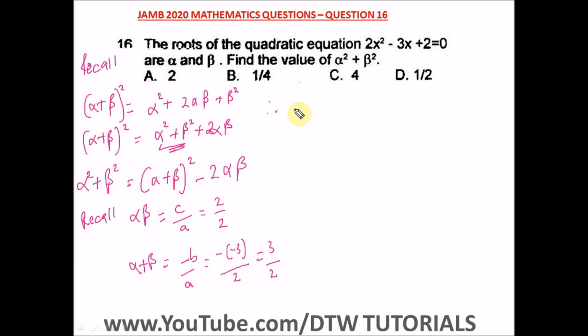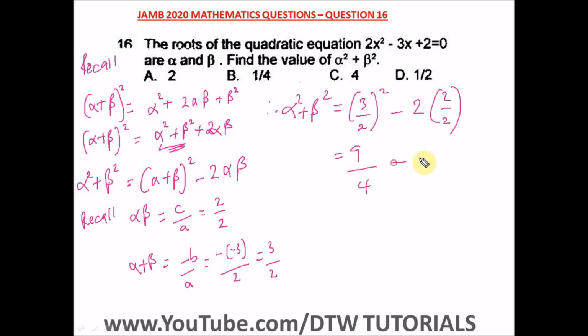So therefore alpha squared plus beta squared equals, all this alpha plus beta is 3 over 2. So you have 3 over 2, remember, all in square, minus, all this, alpha beta is 2 over 2, minus 2 times bracket 2 over 2. So it's equal to